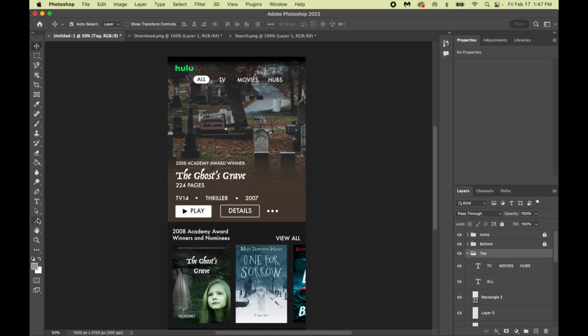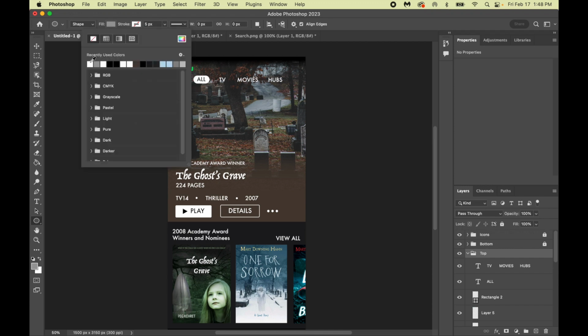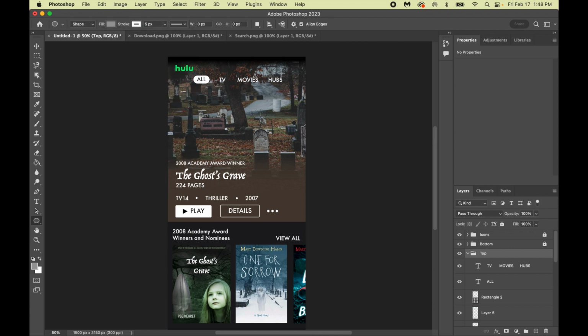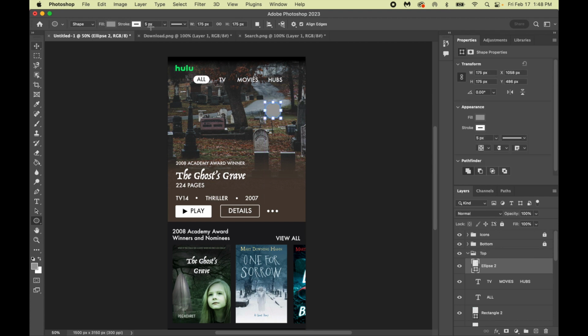And then I go to my shapes. And right now it's in line. I do not want line. I want the circle or ellipse tool. We're using our fancy words here, ellipse. All right. And then I'm going to make my circle down here first just to make my life easier. And remember, you hold shift and you get a nice circle. And then I am going to move it up to here, and I can already tell it's too